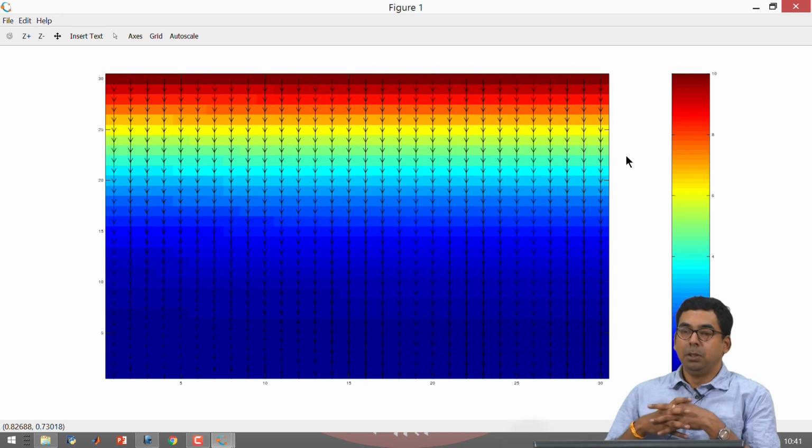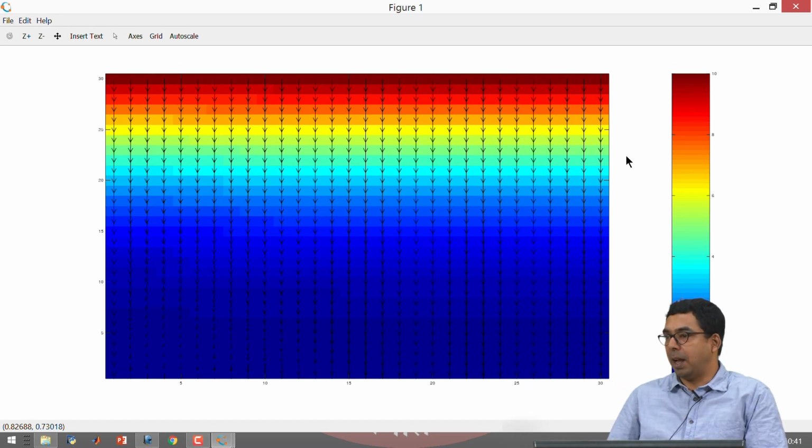The fourth thing that you will do is try to figure out the boundary conditions, what you need. And the fifth thing is to write the program and just run it, and then try to make deductions of what is going on, a physical interpretation of what is going on.